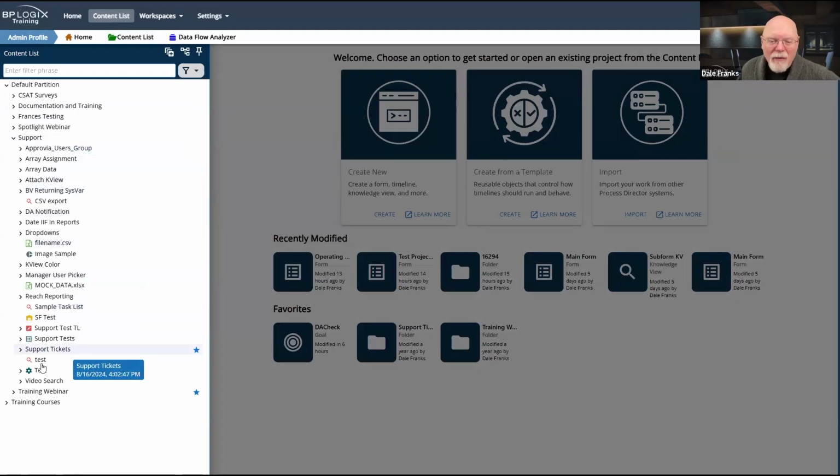Everything is in alphabetical order, and you'd think that would be great, right? Well, you're wrong. It's worse than being stabbed, because here we go. Folder, folder, folder, knowledge view, folder, folder, folder, CSV file, image, folder, folder, Excel file, folder, knowledge view, data source, timeline. Everything is all mixed up and it's all higgledy-piggledy. Yes, it's all in alphabetical order, which technically should be fine, but it's not fine. It's absolutely horrible.